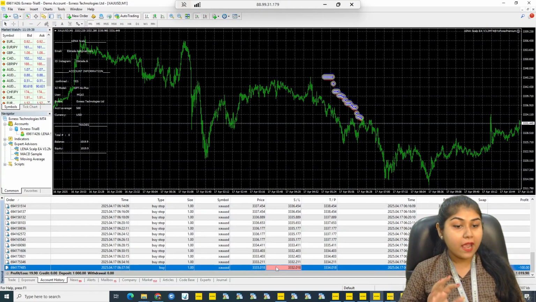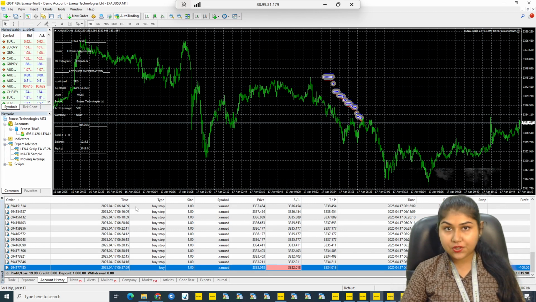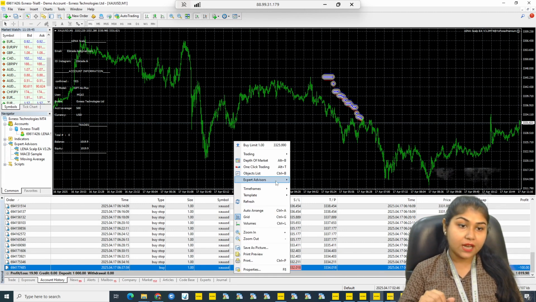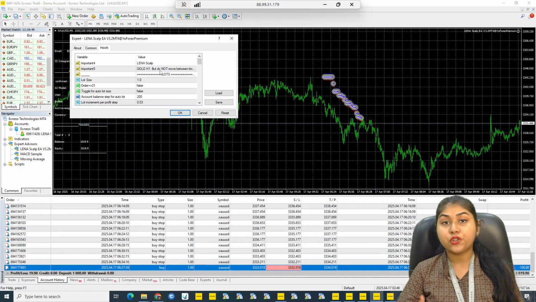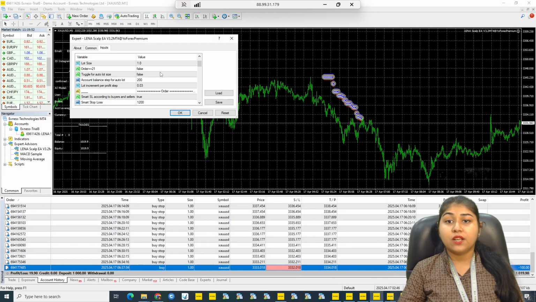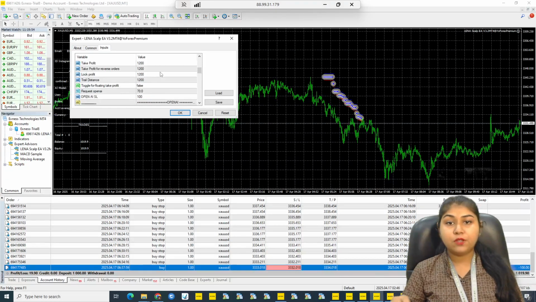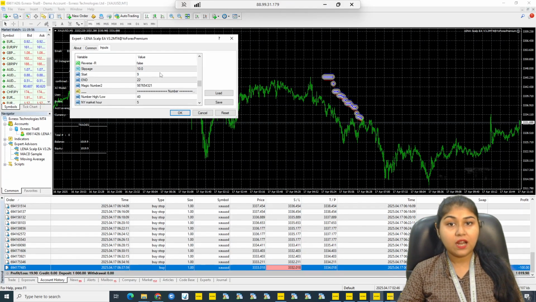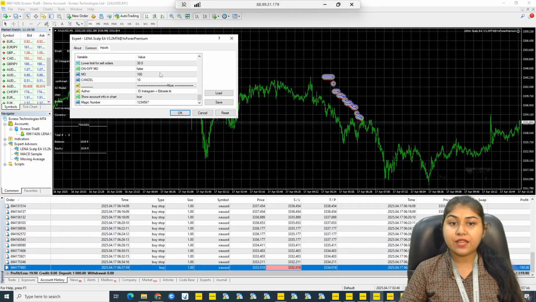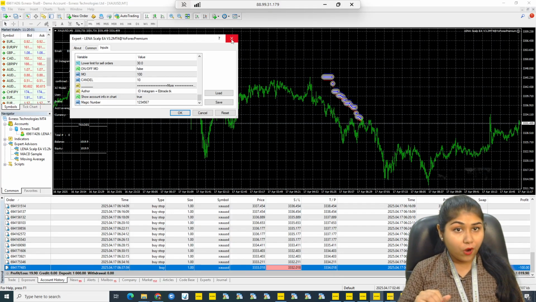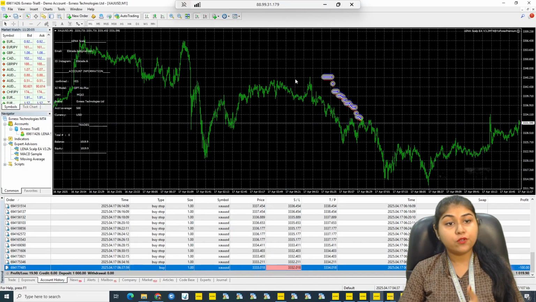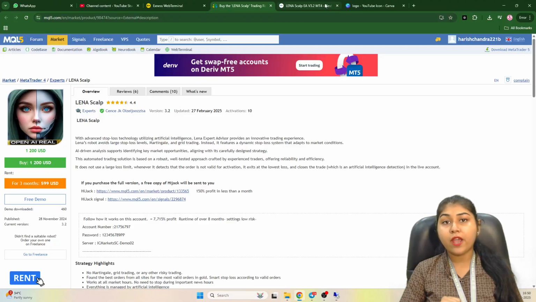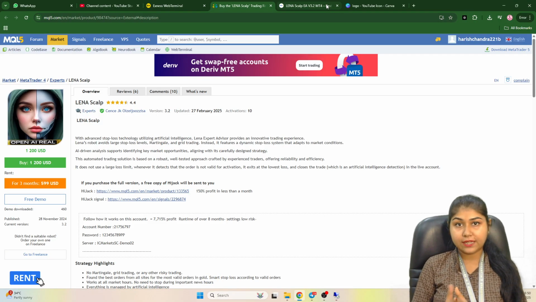So I am never recommending this EA, but if you still want to give it a try, you can try these settings that I am using. Otherwise, you can do one thing, just customize your settings according to your preferences and needs. So I am really not happy with the performance of this Expert Advisor. However, you can try this EA with your accounts on different settings. I would recommend not using this EA, but if you really want to try it in a demo account first, then only on a small real account.